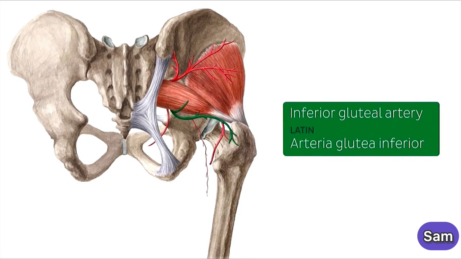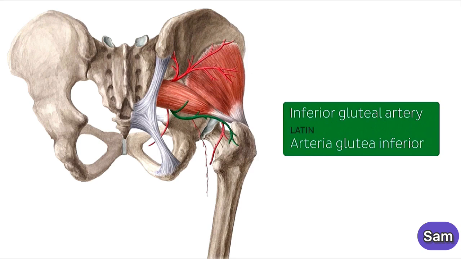The reason we're going to look at this artery first is because it doesn't actually supply structures within the pelvis. It is a large terminal branch of the anterior division that passes over the sacral plexus and leaves the pelvis through the greater sciatic foramen. It supplies the gluteal region, and its branches anastomose or connect to the superior gluteal artery, the obturator artery, and